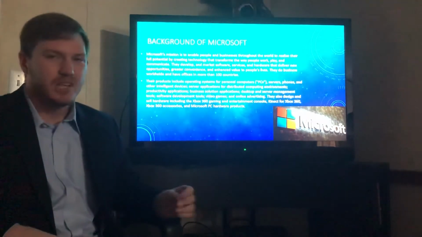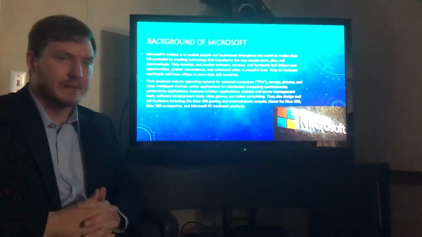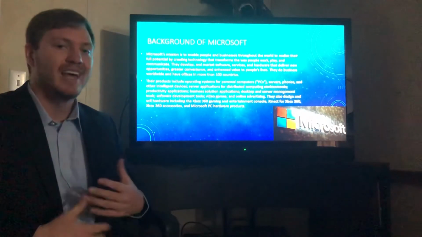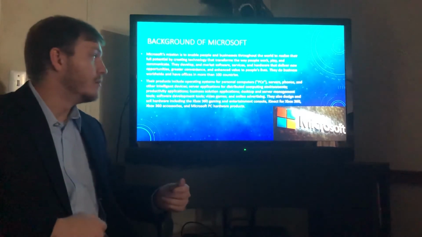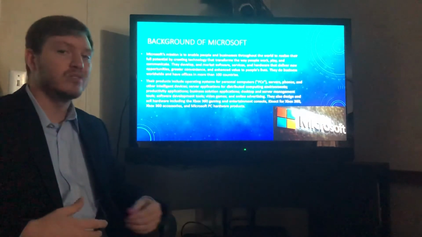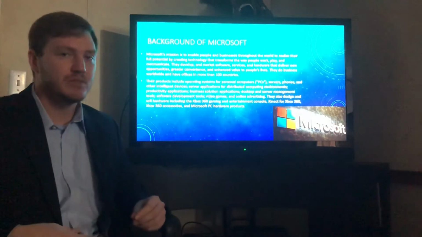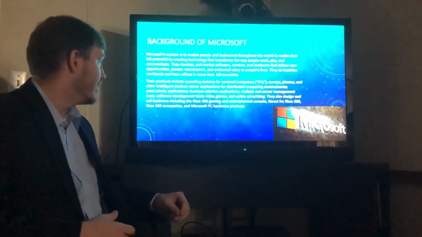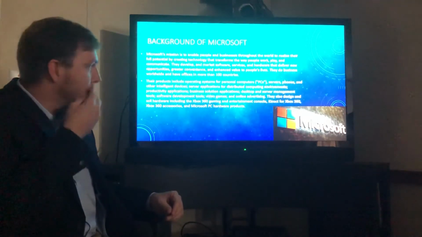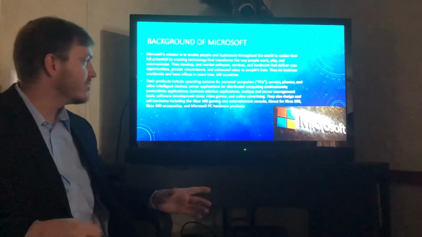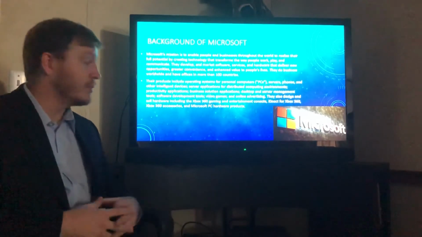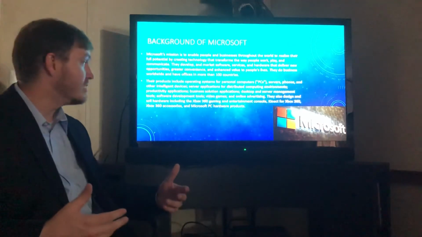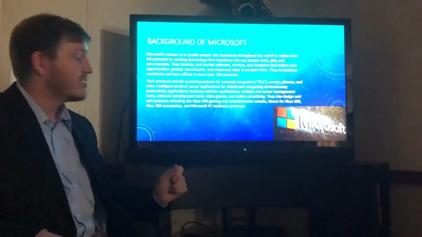You have some servers, so you have like Microsoft Edge, a web browser. You can personalize it the way you want to. It keeps up with all your passwords, things such as that. It's very useful. They've created some phones. The phones aren't quite in the market where they'd like them to be, but they're definitely being innovative in the ways that they are doing that. And they made some other intelligent devices. They're also making server applications for distributed computing environments, productivity appliances, some business solution applications, desktop and server